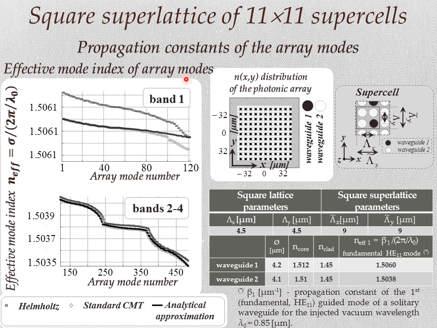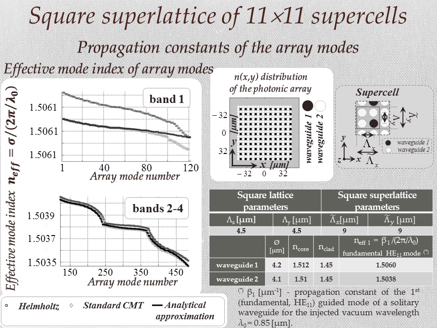On this graph you see effective mode index sigma over 2 pi over lambda 0 of the first, second, third and fourth photonic bands as computed with Helmholtz, standard CMT and analytical approximation. Note again close agreement between the results acquired with the